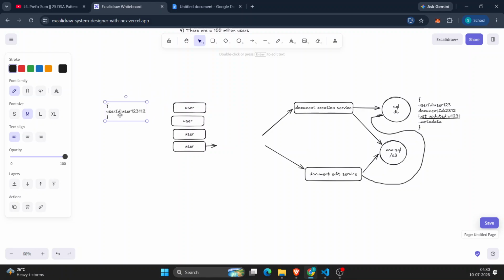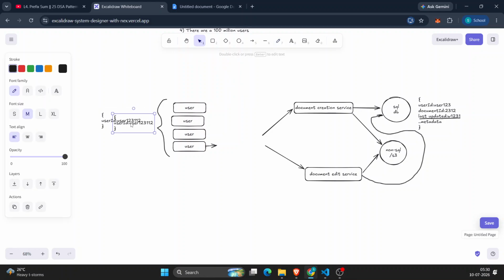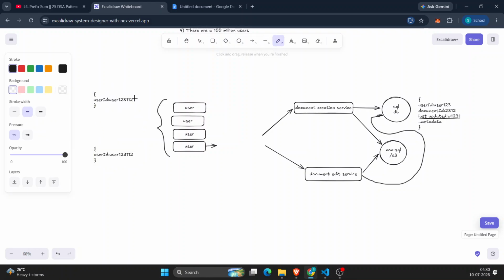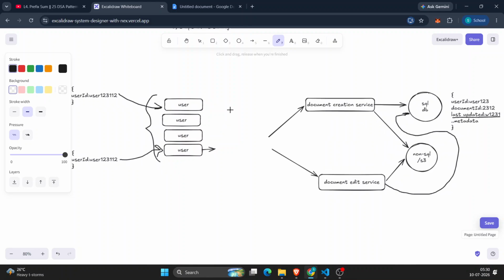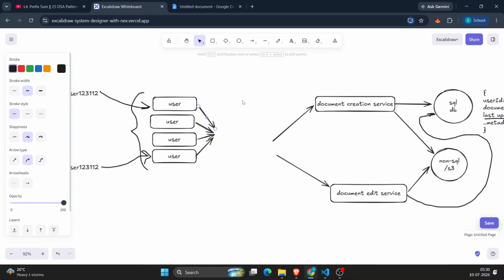And now this database will be expanded with user ID, something like this. And there is another user ID or something, right? So now, let me think. Okay, so what we should probably do over here, thinking of systems and all those things, let us just put